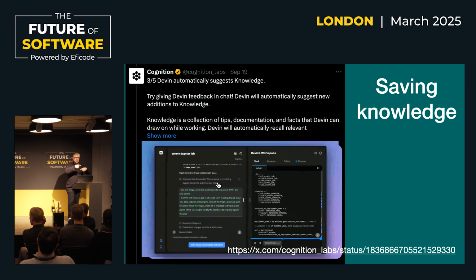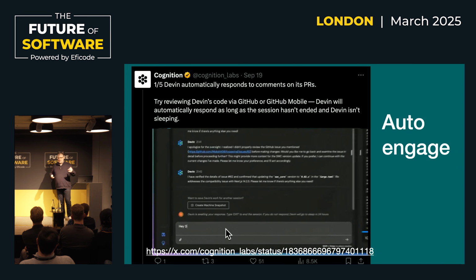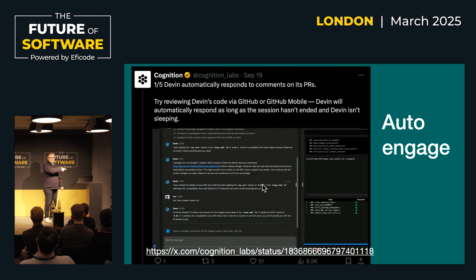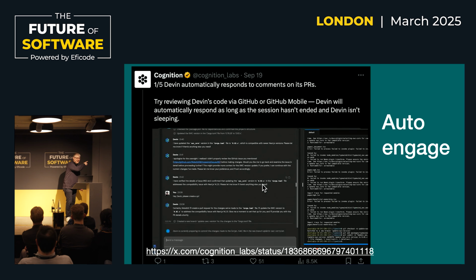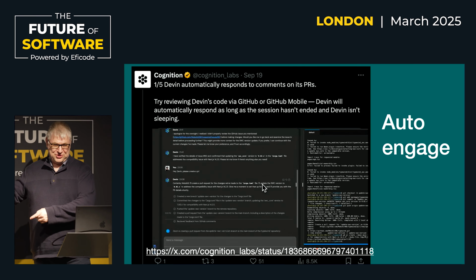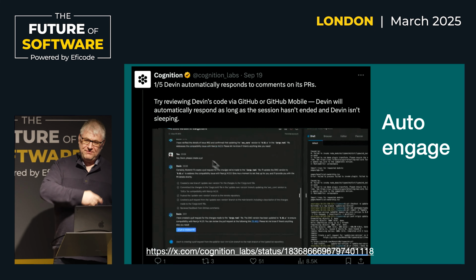And this becomes almost inline. You're helping it, it's helping you, it's capturing that knowledge and saving all those things. And then when somebody else comes on your pull request and says, hey, I don't think this is right, hang on, I have all this knowledge to tell you why we did it like that. Are you sure it's not right? So that's the feedback loop closing.